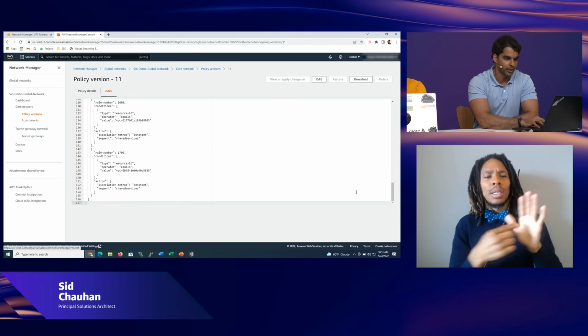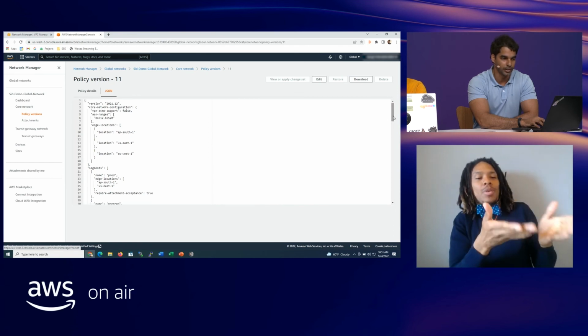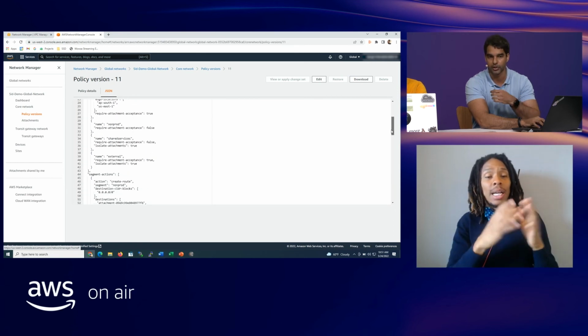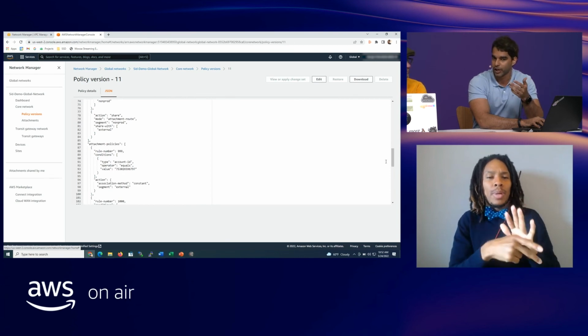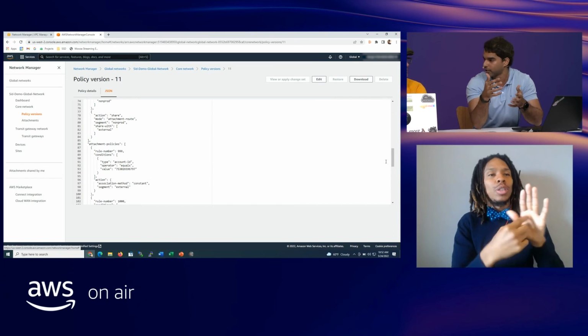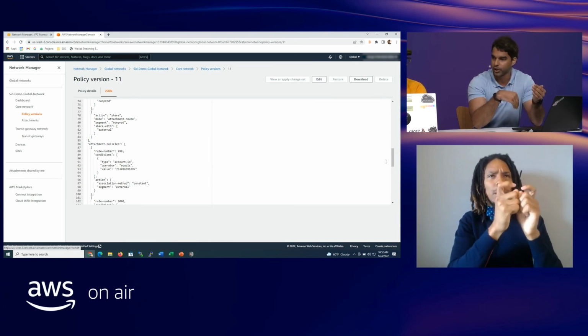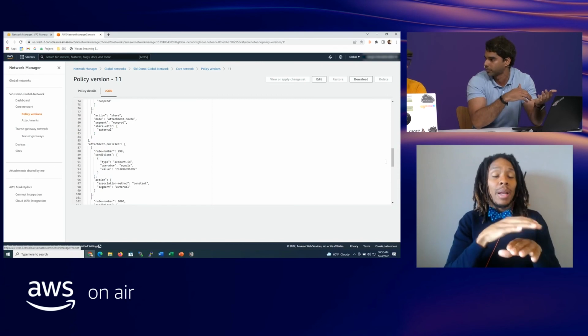Oh wow, so this is where all the magic happens. So I've defined my entire network, all the security boundaries, everything I mentioned, everything has been done through this policy. The best thing, if you make a change to the policy, it shows you the different change sets, exactly what changes you have done, and you can verify those changes before implementing a policy. If something bad happens, you can roll back to a previous policy, right?